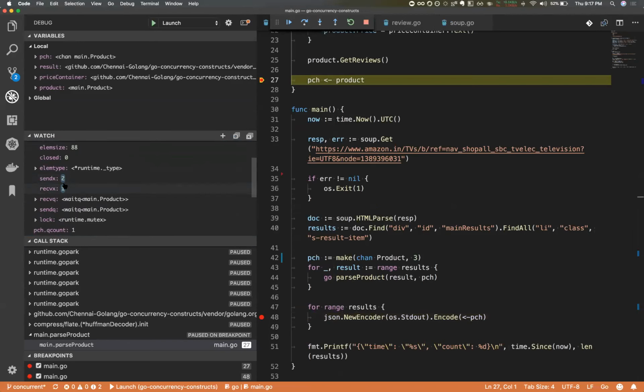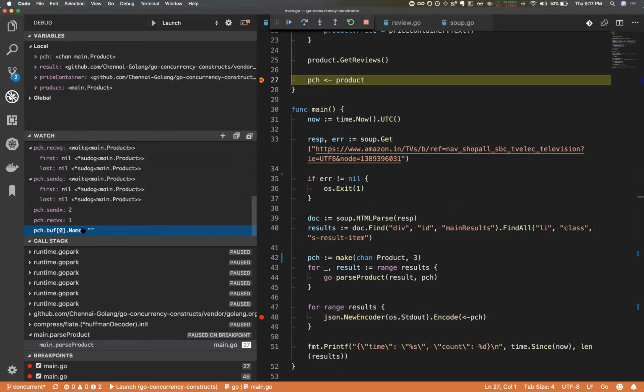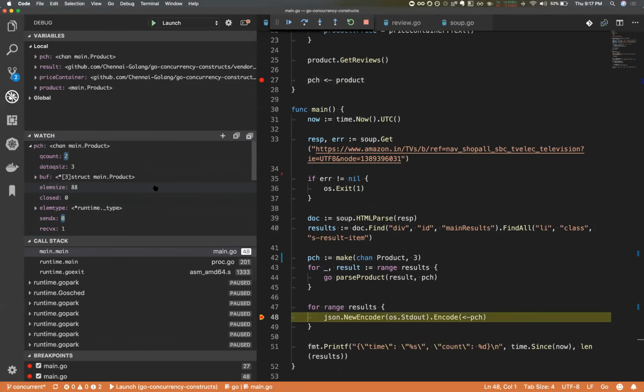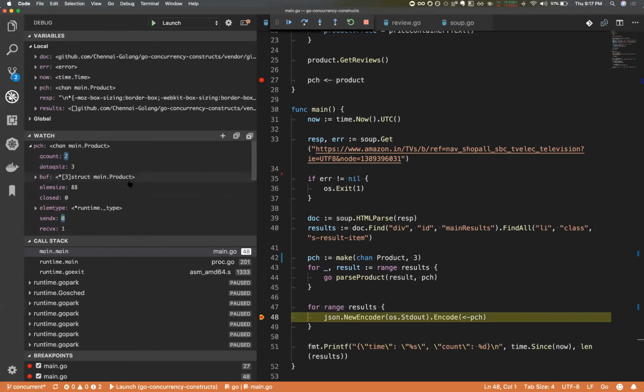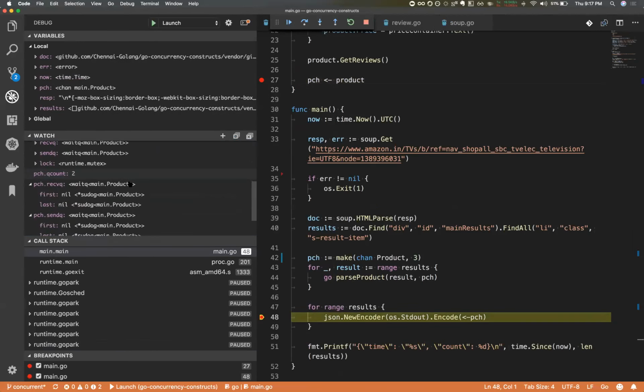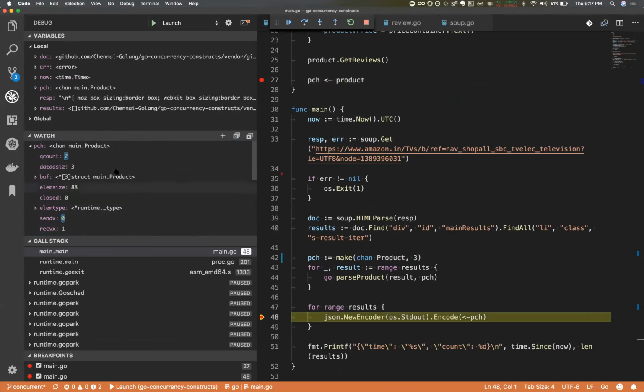SendX and ReceiveX are on 2 and 1. That means my data is actually not in buffer 0, but it's in location 1. In 2, it would be empty. In 0, it would be empty. Actually, that does not mean data is empty. That means from the next position, because since it's a circular queue, that signifies from which position it has to read and where to write.